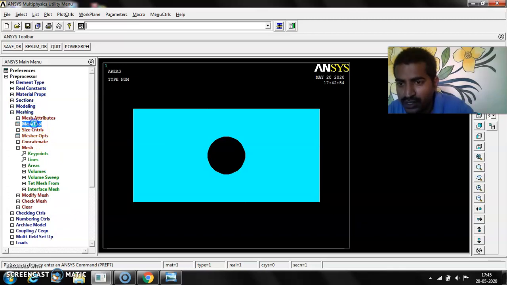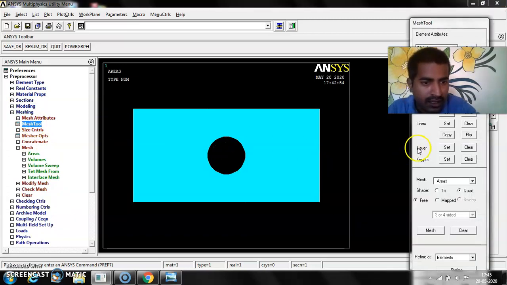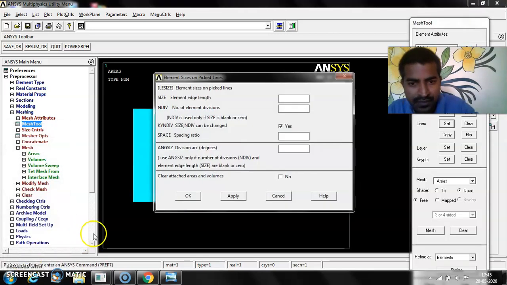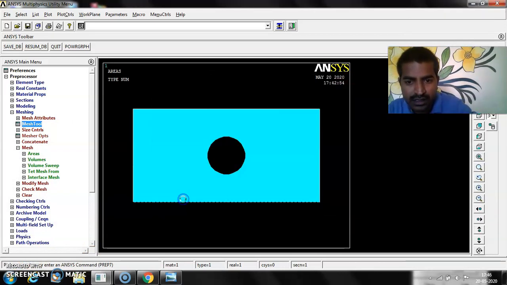Say go for mesh tool, and here say lines. Select the lines, this line, this line, this line, as well as this line. Select this line, and number of divisions, say 50 or 100, whatever you can give. 50 divisions, say OK.